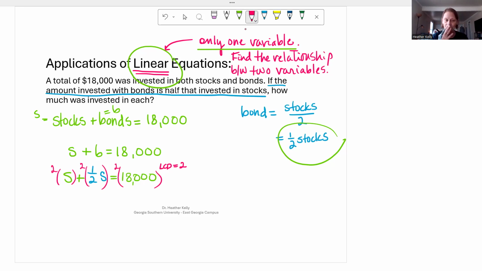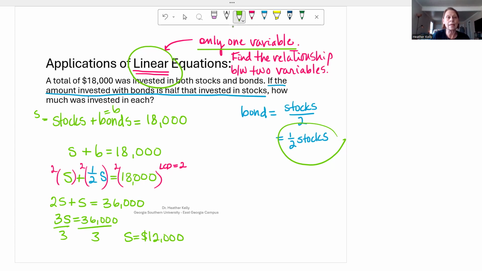Okay? Now, remember, what you do to one side of the equation, you have to do the other. And also, if you do it to one single term in the equation, you must do it to every single term in the equation. And that is what we did here. All right. And so we wind up with 2s plus s is equal to 36,000. So we have 3s is equal to 36,000. And dividing by 3, s is equal to